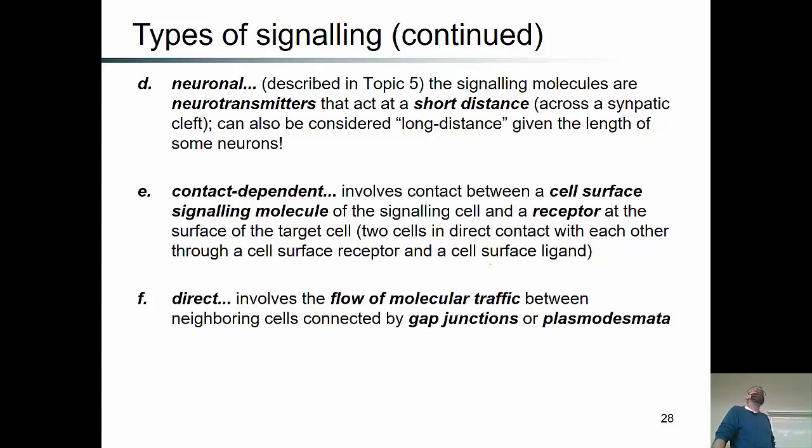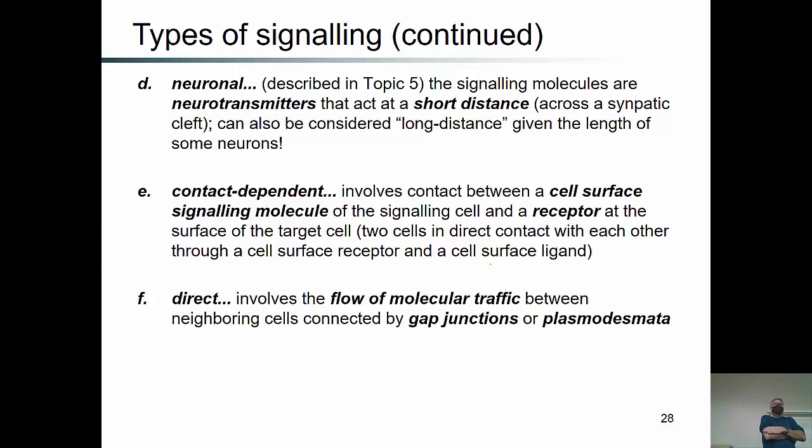Contact dependent: the ligand is present on the surface of one cell, and the receptor is attached to another cell, so the cells actually have to directly contact each other. We often see this in developmental pathways, because you may have heard the term patterning, where tissues are made of a pattern of cells. The cells are directly telling each other, if I'm a type A cell, I need to be surrounded by type B cells. So everything I touch becomes a type B cell, and around those B cells you'll have additional A cells. This is how we can set up really complex organisms through patterning by this direct contact-dependent